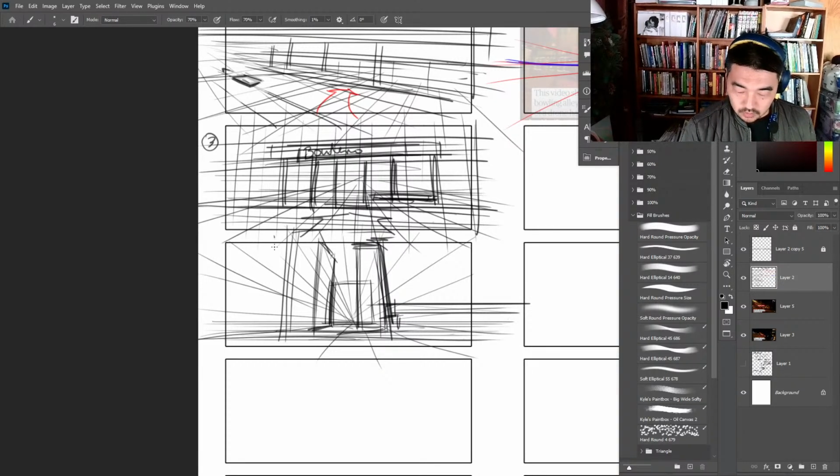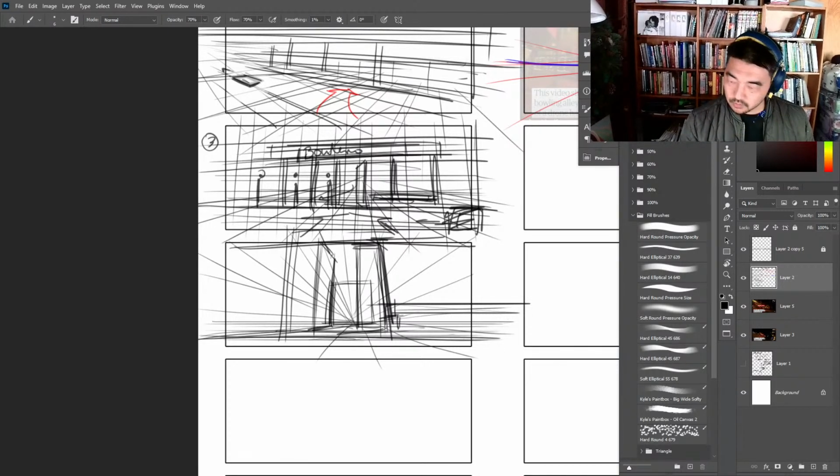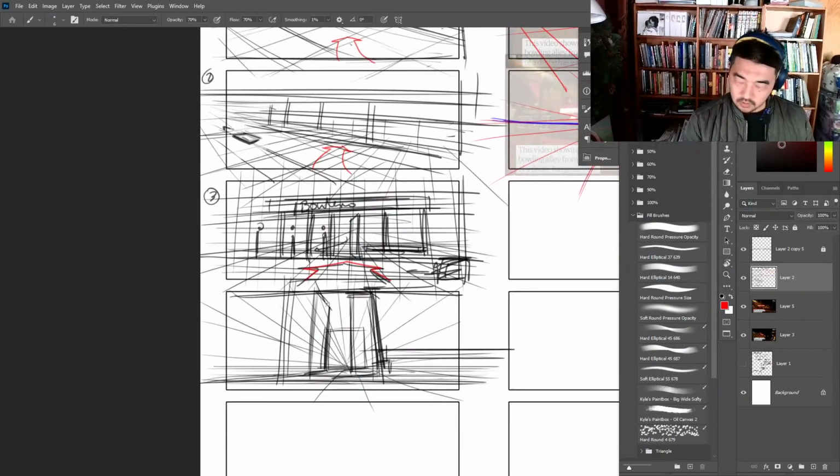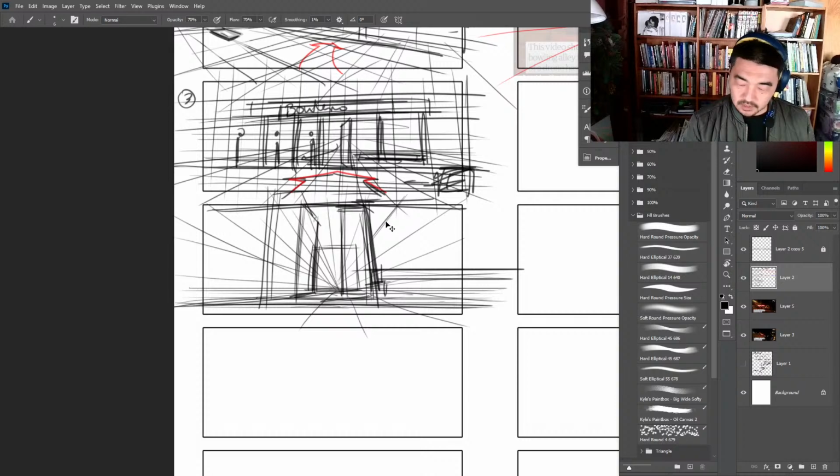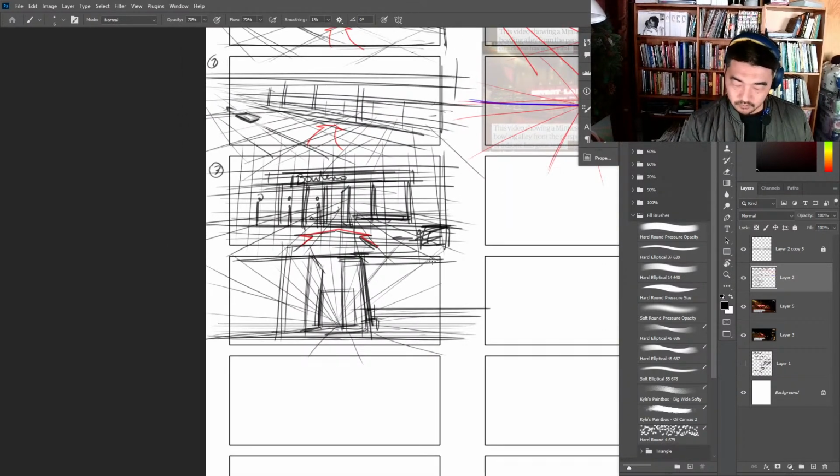So now let's see, let's say a person, we'll add a person exiting right there, just to give it a little scale. We'll have a car maybe come this way, and maybe the car is going to pass through. And this is about how rough I sometimes make it with directors, by the way. Still 3-point.